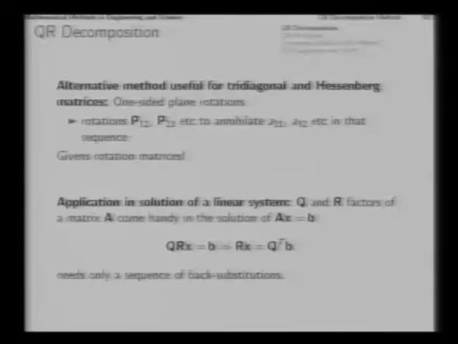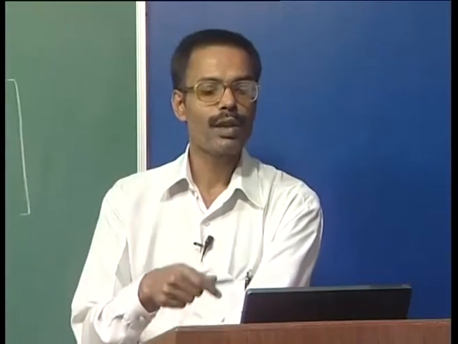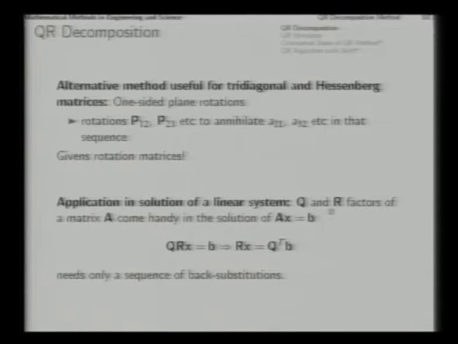After that, what remains is Rx equal to a known vector, R being an upper triangular matrix. That means only a sequence of back substitutions will give us the solution. The solution is actually extremely cheap if we already have Q and R factors in hand, but otherwise, in order to solve this problem Ax equal to b, typically we would not go into the process of QR decomposition method, because other methods that we have studied earlier in the course are comparatively better. The actual use of QR decomposition algorithm is in solution of eigenvalue problem. Let us study the decomposition in that light.